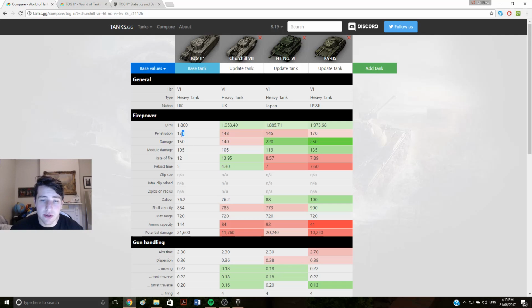Penetration is 171 millimeters. That is really, really good. You're not really going to have to spend a lot of premium rounds, which if you want to use this tank as a money-maker tank, which I would probably stick to tier 8s for that, but if you want to use this as a money-making premium tank, then you don't have to fire premium rounds too often at all,